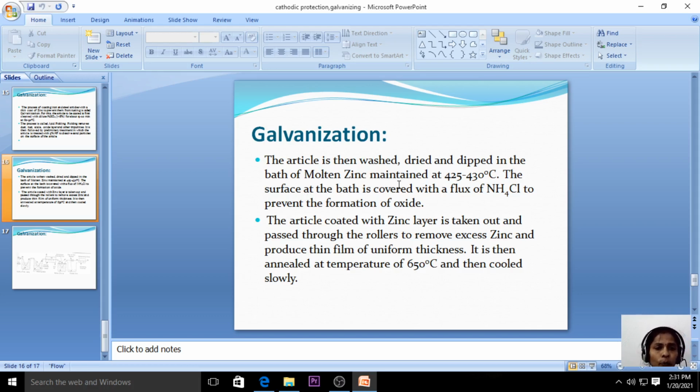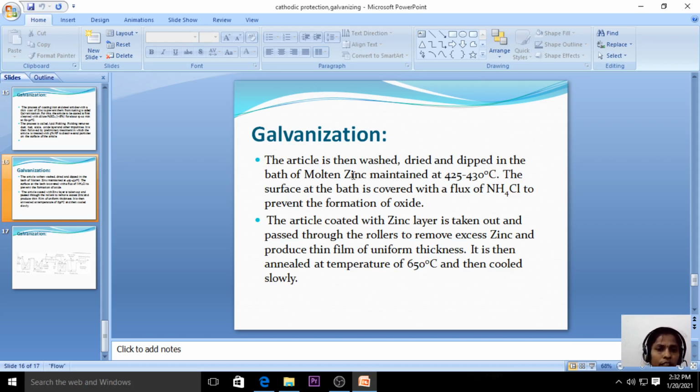Now we have the purified metal, the metal which is free from dust particles. Now this metal is coated with zinc. But we know that the coating metal is a low melting metal, and this coating metal is converted to a molten solution. Initially we cleaned with sulfuric acid and hydrofluoric acid. Afterwards the metal is cleaned with water and dried, and immediately it is dipped in the molten solution of zinc. Molten solution is nothing but the paste form.